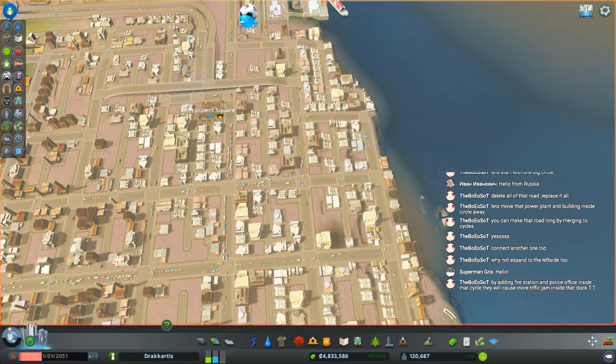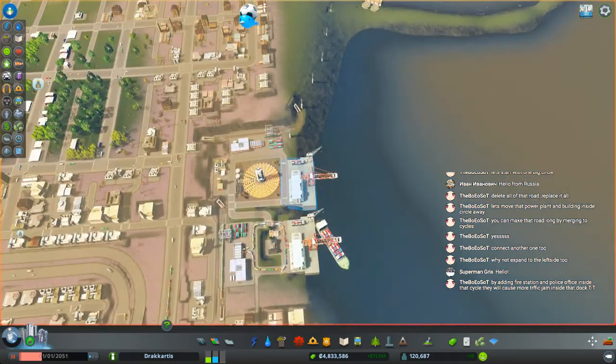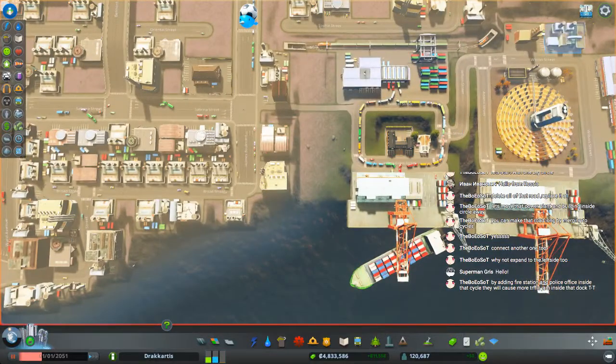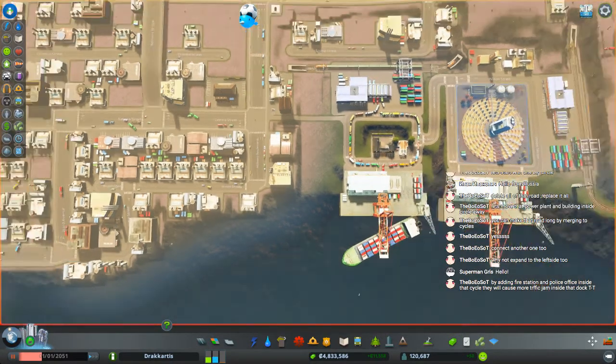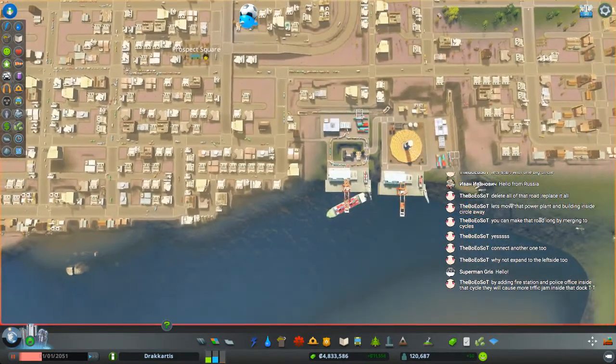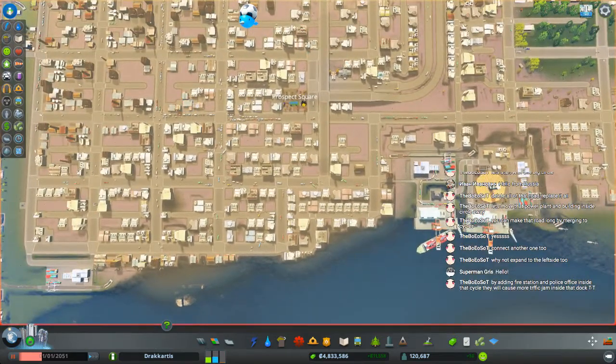Inside that circle that will cause more traffic than inside that dock. Well, they actually do not have a lot to do. They're just there to prevent stuff from burning down. And the trucks will move like 24/7 anyway. So yeah,